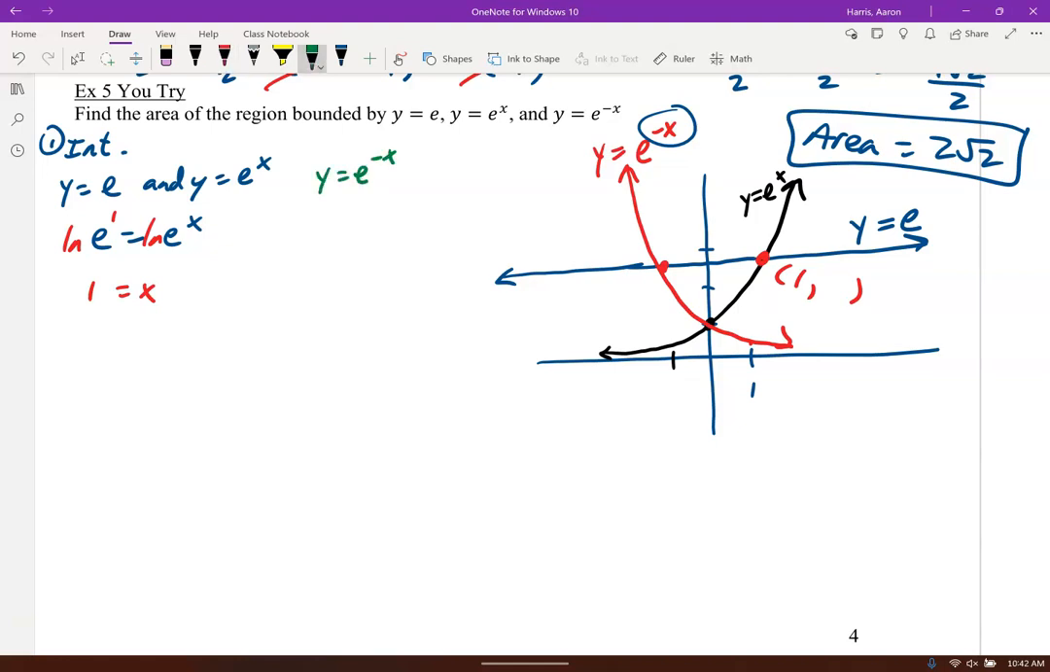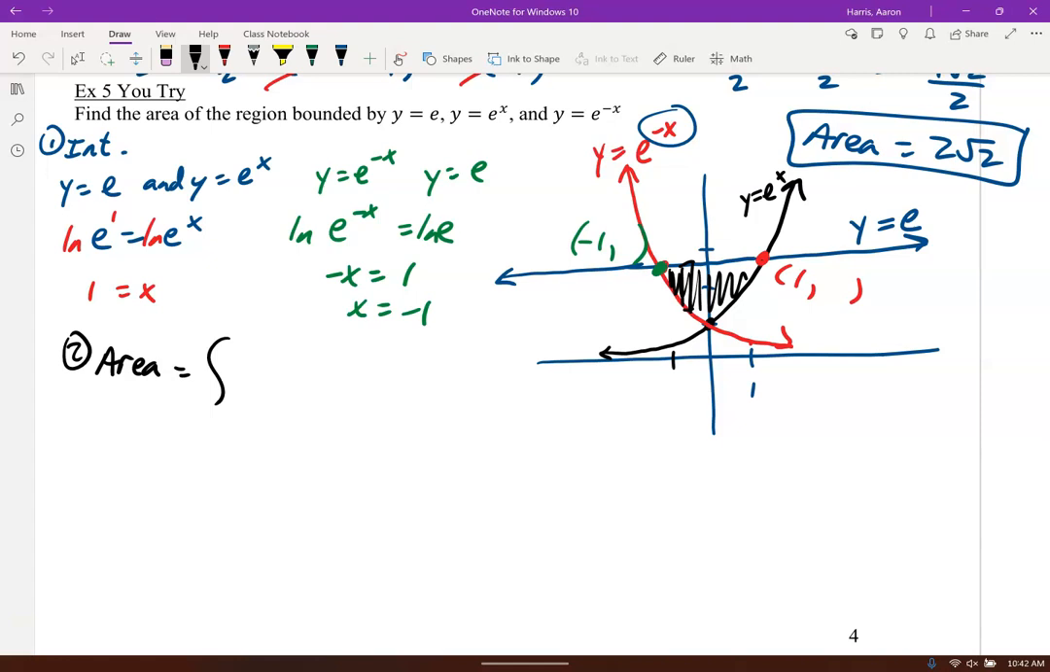So where does e to the -x and y equals e hit? Set them equal to each other. Run the natural log. -1 is where these hit. So -1 comma whatever, right? Of course, it's -1, e and 1, e. And so we're just doing the rectangles, top minus bottom, right? And it's all this area in there, top minus bottom. So our area would be